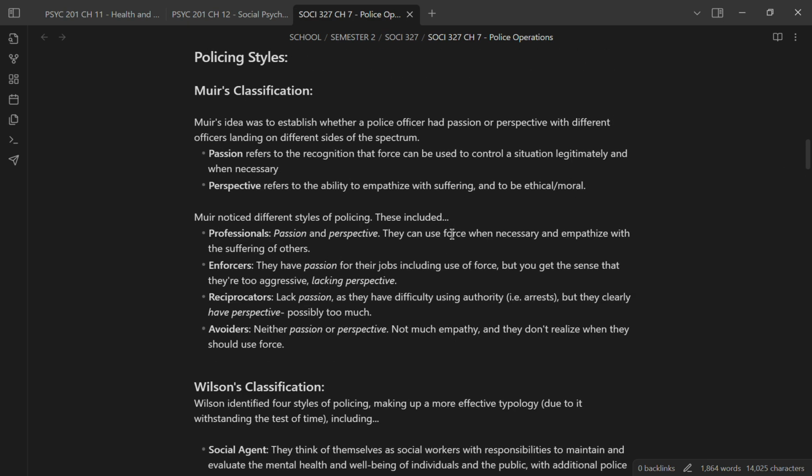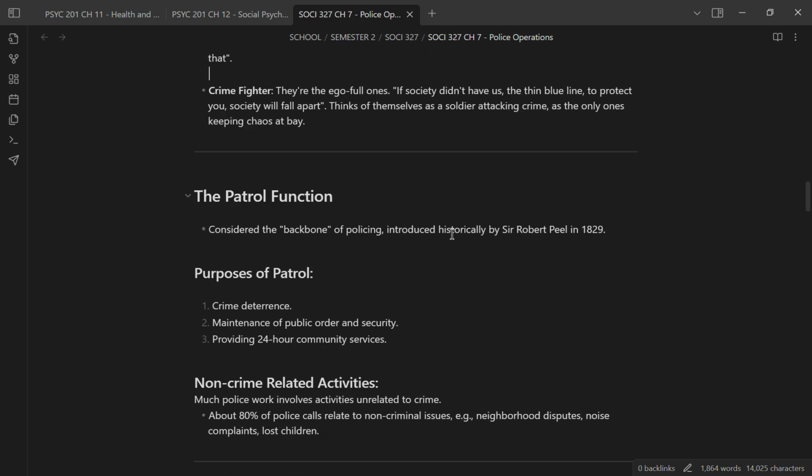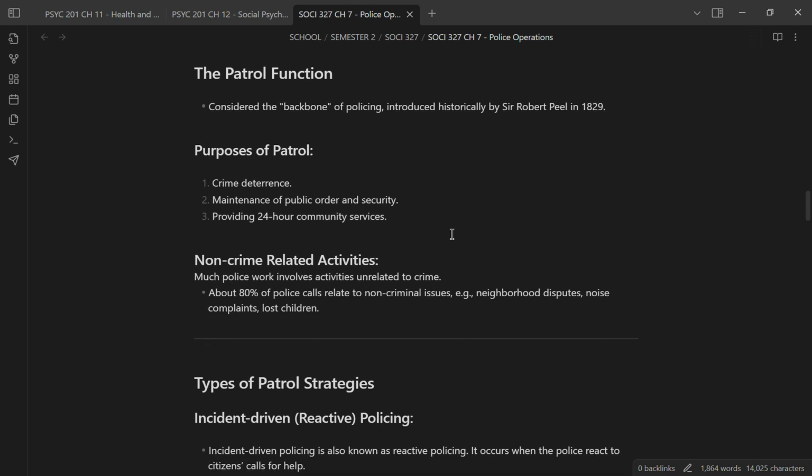So we have these different classifications here from 2 different perspectives. Police patrol. Patrolling is seen as the backbone of policing, and it was introduced by Robert Peel in 1829. Police patrol in order to deter crime, maintain public order, and provide 24-hour community services. It's important, just before we move on, to realize that a lot of police work involves activities unrelated to crime,